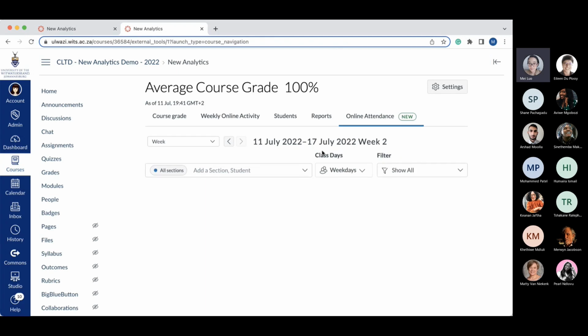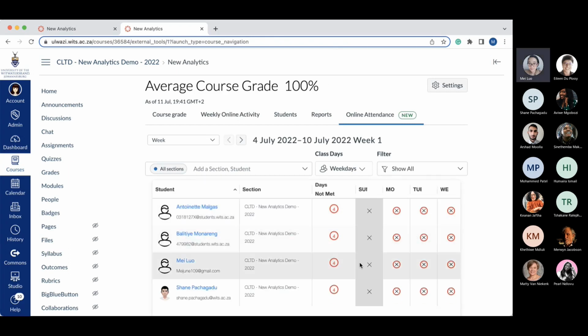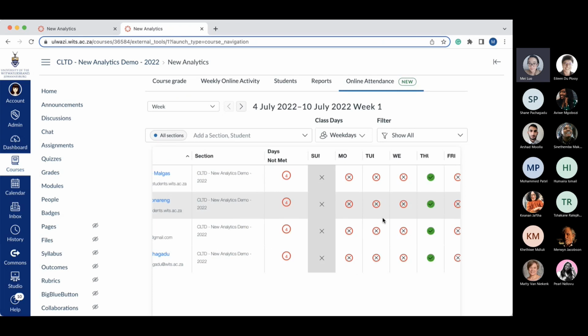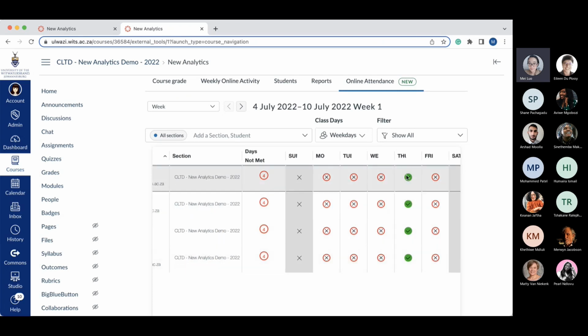Okay, so here, if I click, you can see these students here, for example, on Thursday, everybody has obviously participated or attended the course, if I could say so. Obviously, they met the criteria of